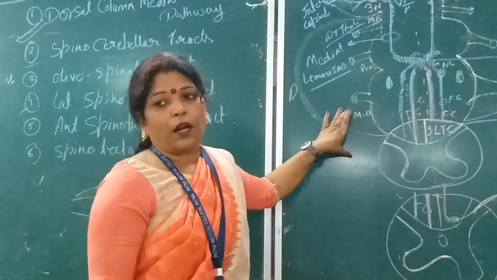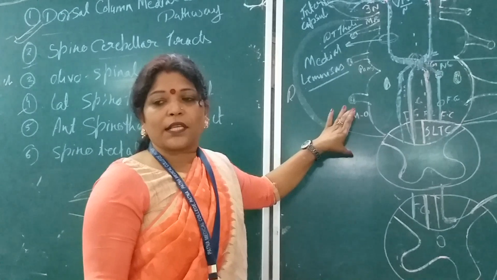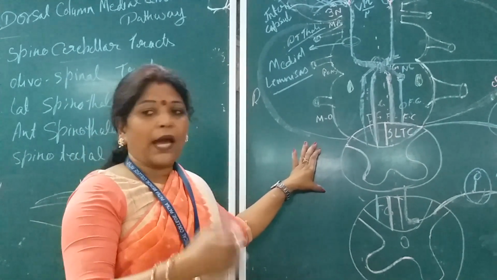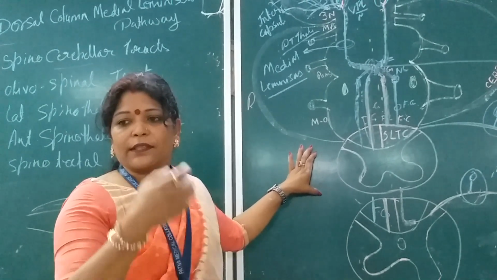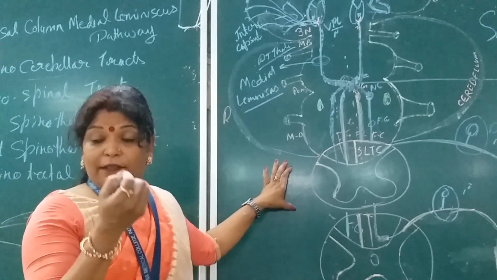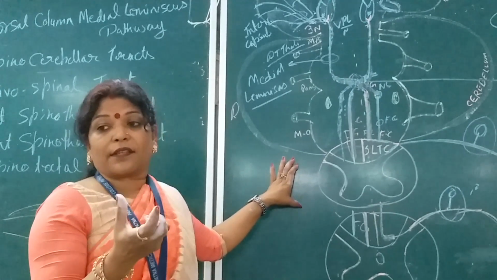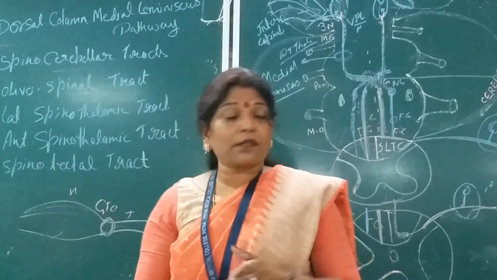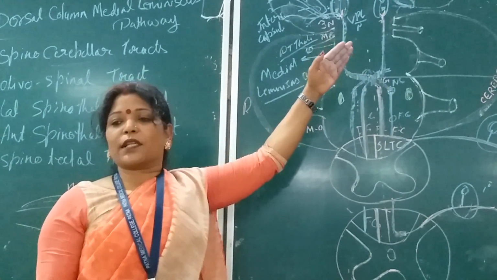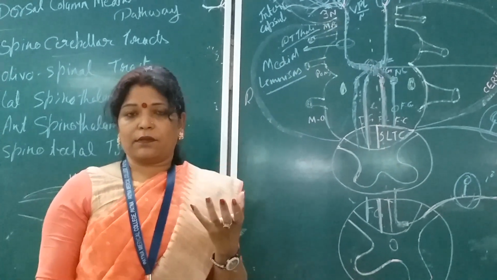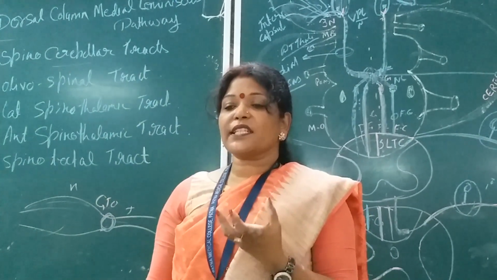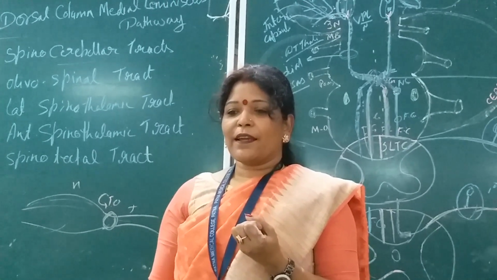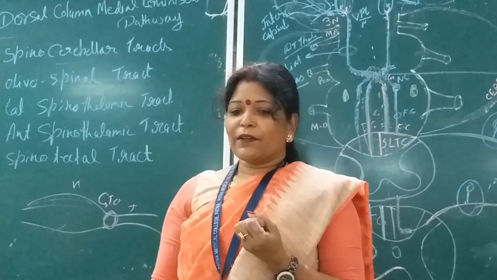Have you understood or not? This dorsal column, what type of sensation does it convey to the higher center? The fine touch, the pressure, fine touch and discriminative touch also, two-point discrimination. What I have said, one more sensation, stereognosis. It is carried by this dorsal column. What is stereognosis? Can anyone tell me what is stereognosis? Ability to identify known objects by handling them without seeing it.